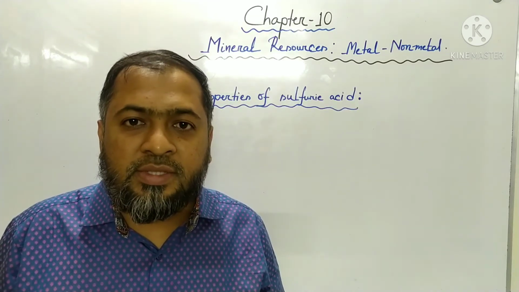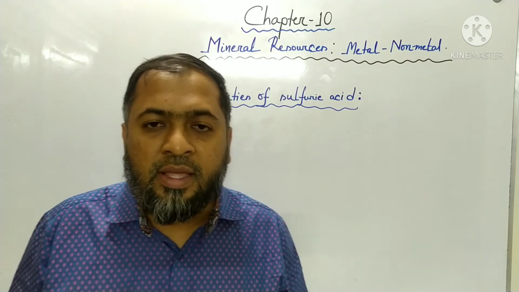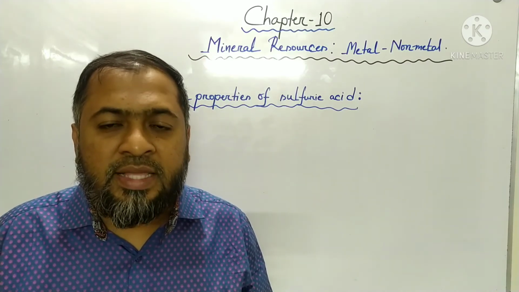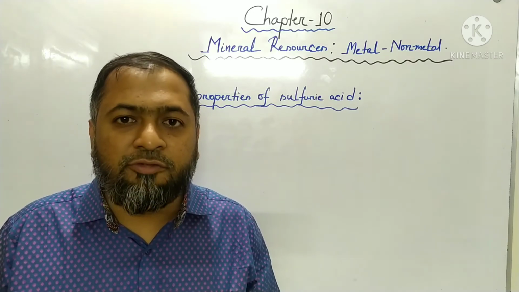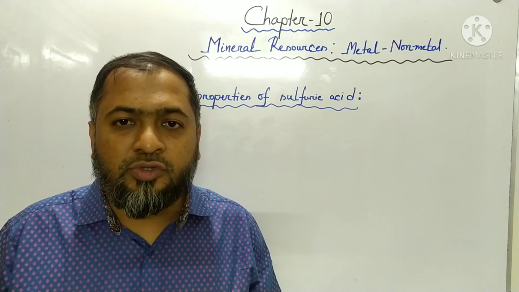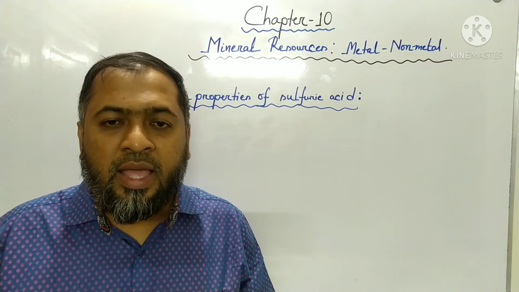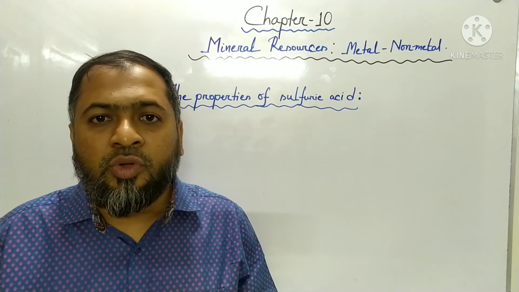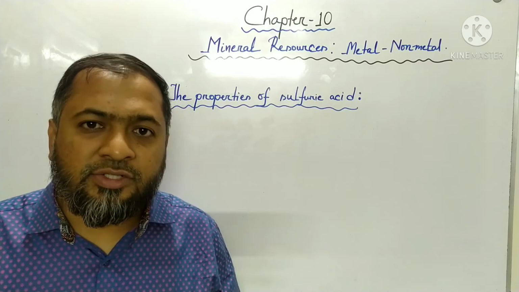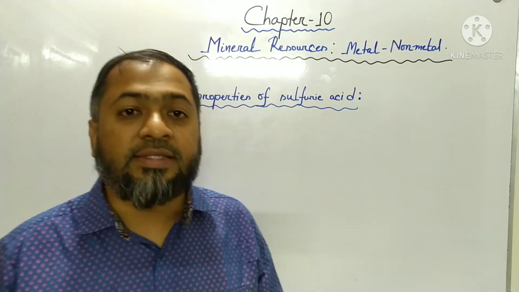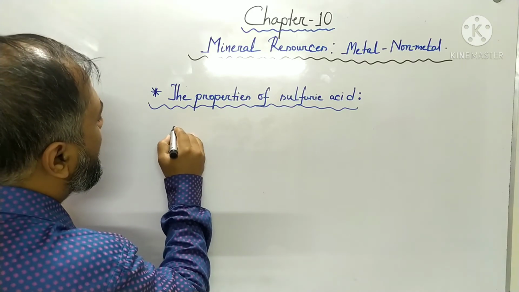I am going to discuss some of the chemical properties of sulfuric acid. Among them, the first one is acidic properties. Dilute and concentrated sulfuric acid undergo reaction with alkali and produce salt and water. From this reaction, we can say sulfuric acid is an acid, or this reaction indicates the acidic properties of sulfuric acid. Now, I'm going to show you